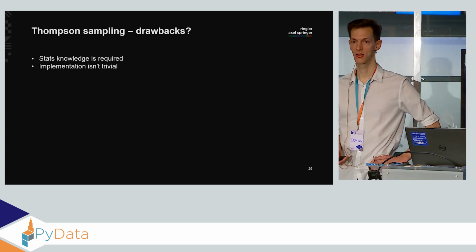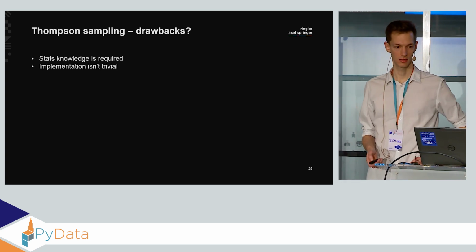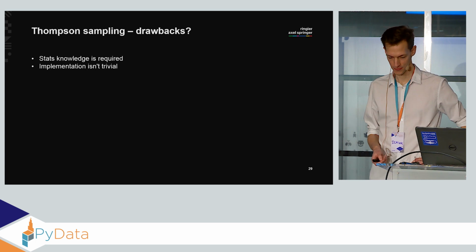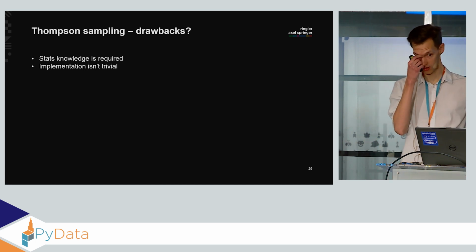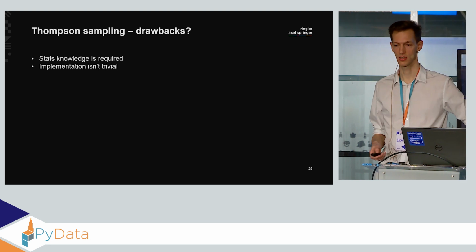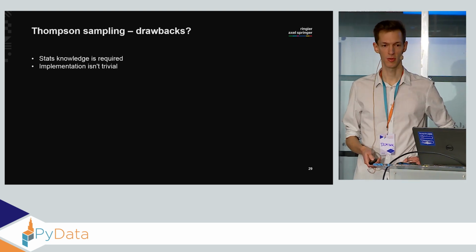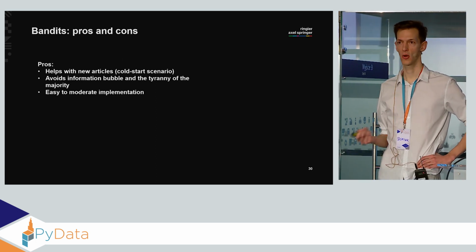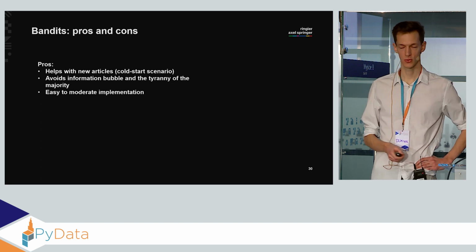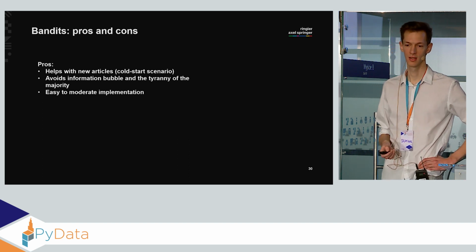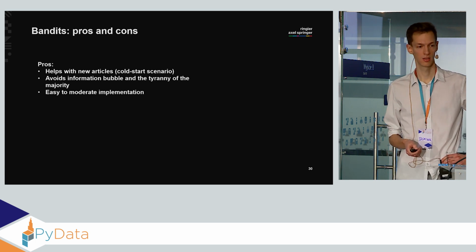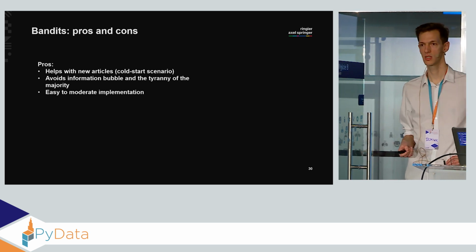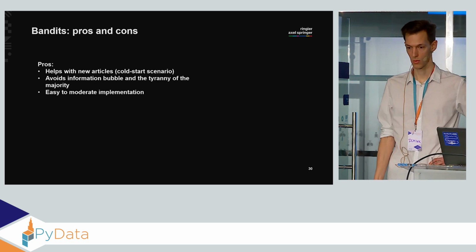So as I said, this algorithm is the most complex of the three, and some statistical knowledge is certainly required to understand and effectively use it. And also the implementation from the technical side is certainly more demanding than the other two. So summarizing bandits as a whole, I hope you've seen that they can really help us with the problems we had, namely the problem of new articles, majority's tyranny, and filter bubble. And depending on the variant, it can be quite easy to implement them. Whereas the drawbacks,